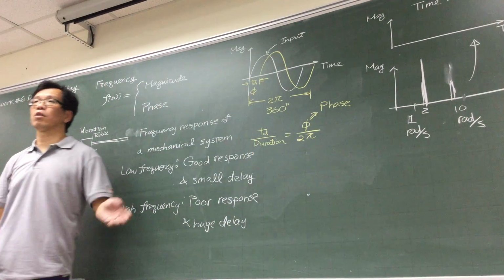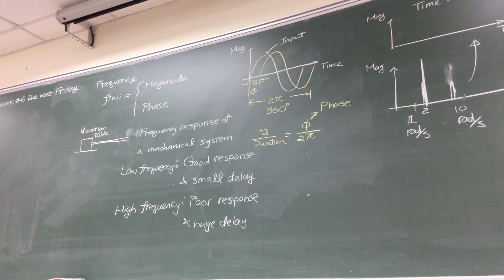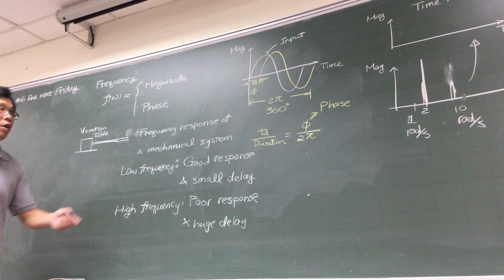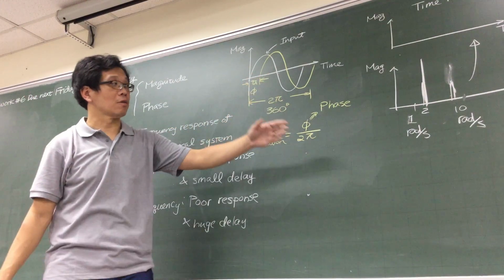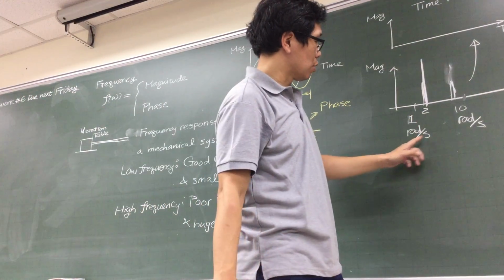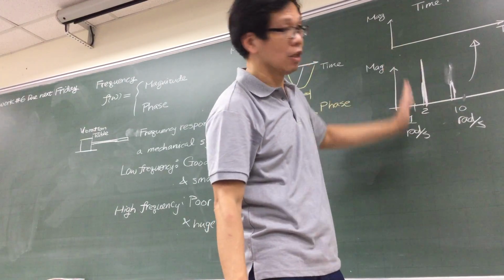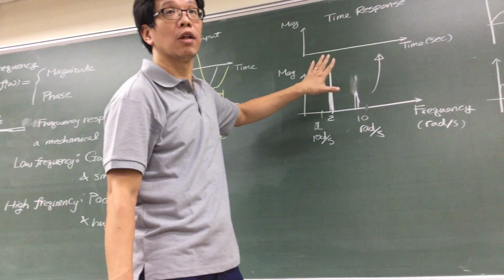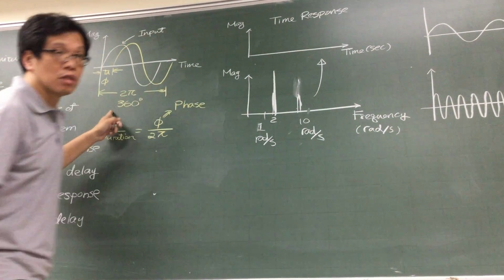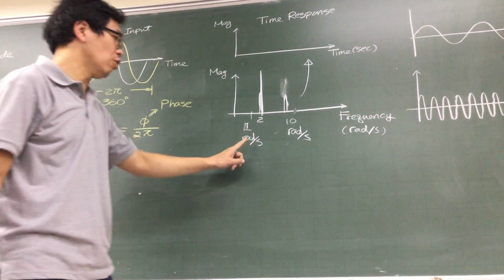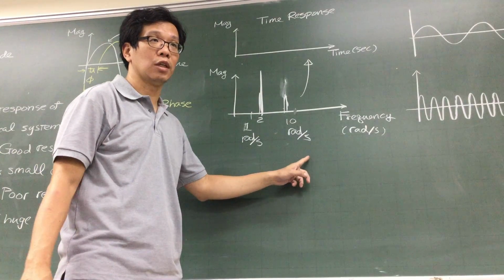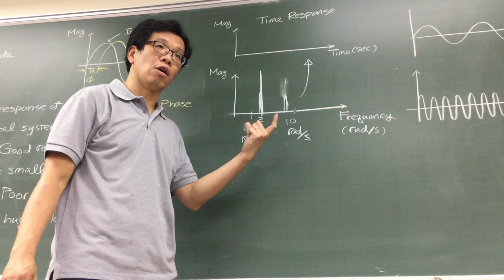Okay, so when we are talking about delay in frequency response, we are not talking about how much time, because again over here this is radians per second. Time does not mean anything at this point. We can only know the phase, because it doesn't matter what you do. You have 1 radian per second, 10 radians per second. One cycle is always 2